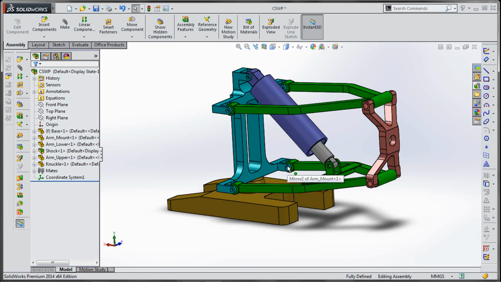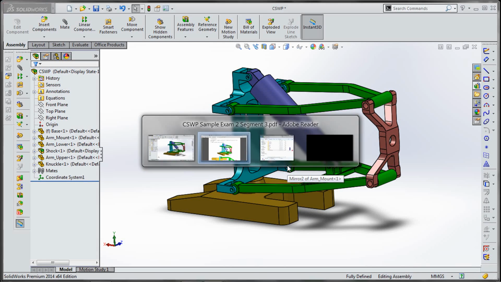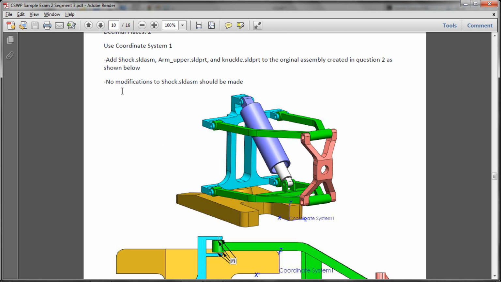So everything is in place, and let's see.